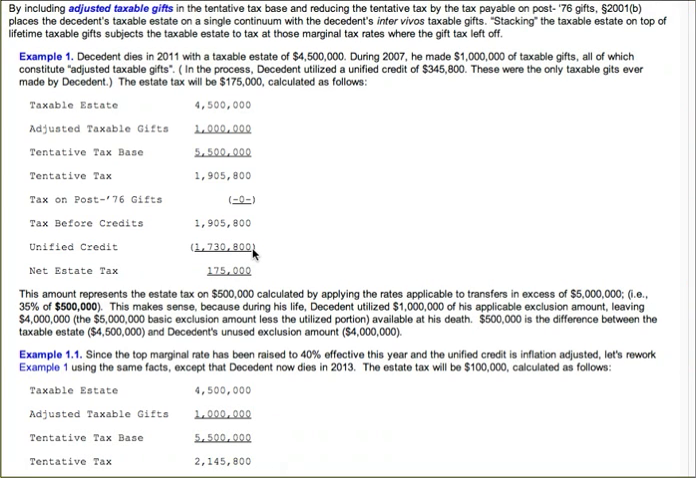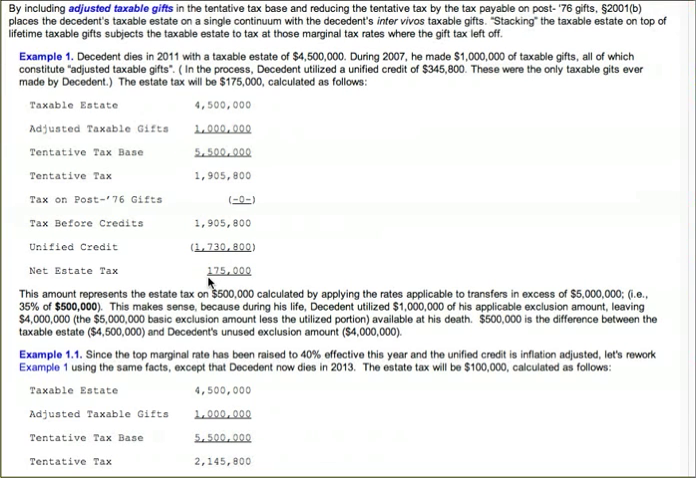And remember, the applicable rates to use to calculate the credits are in the code. When you subtract this amount, the unified credit, from the tax before credits, you will arrive at the net estate tax of $175,000. To make sense of all of this and looking at this $175,000 and how this whole transfer system is considered unified, we need to understand what this